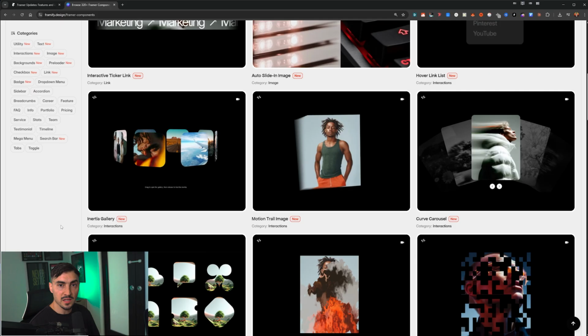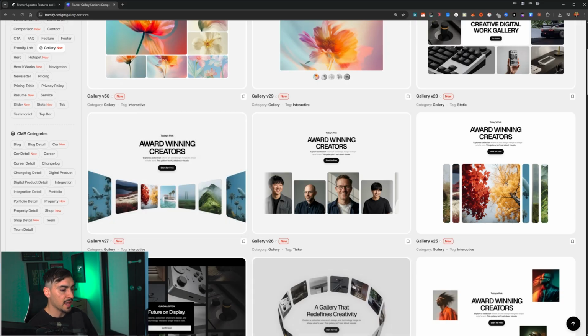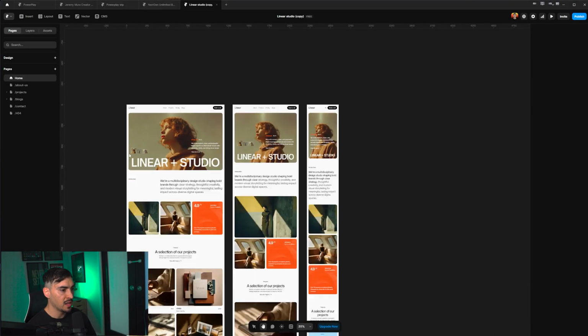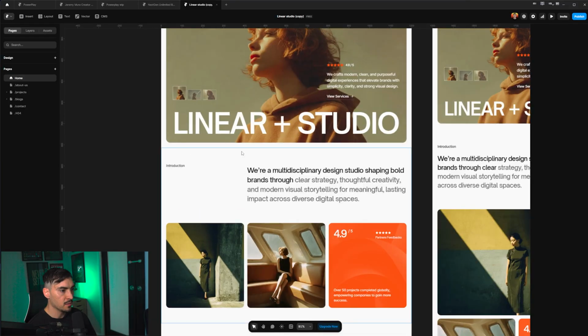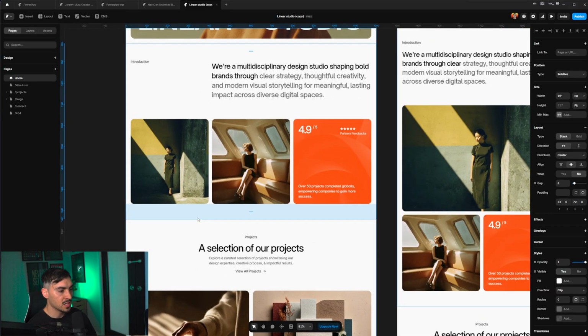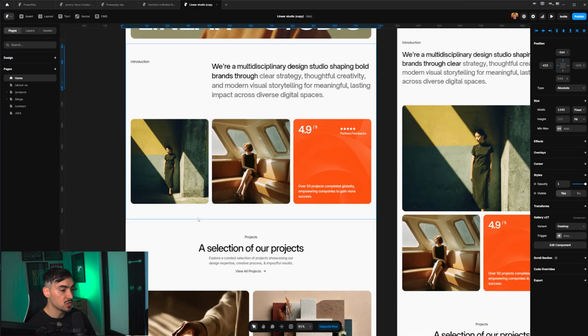One of the other amazing things is you can copy components from component libraries. For example, I can come to this site, I can copy a component, I can go back to Framer, and let's say I have this website here, which is a nice template. I can just come into here, press paste, Control V to paste it in,